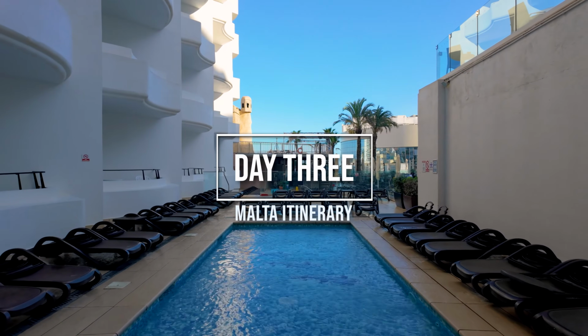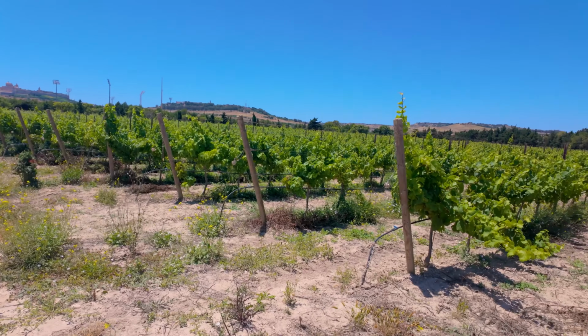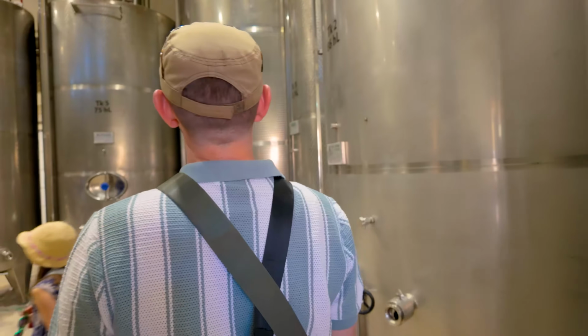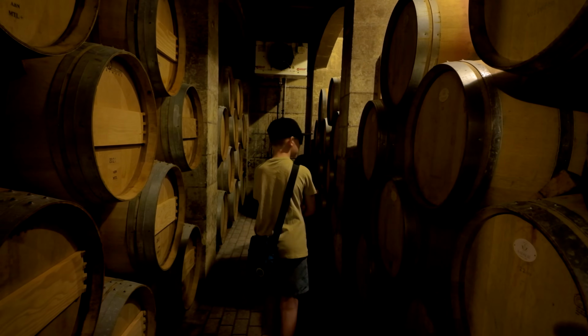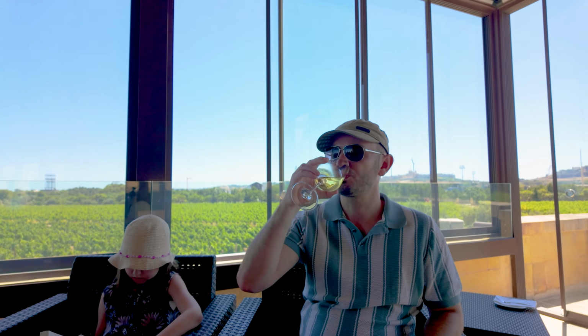Day 3. For our third day, we chilled by the pool in the morning and then went to Meridiana Wine Estate in the afternoon. Here we toured the winery, learning about the history of the area and some of the processes for making local wines. We got to try 4 Maltese wines and had a selection of local food to accompany the